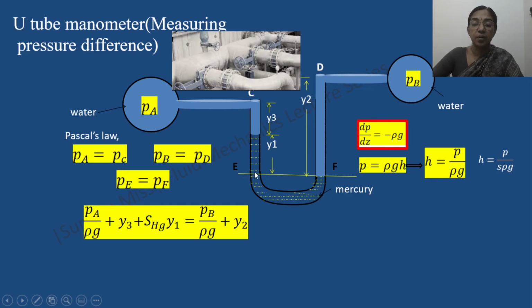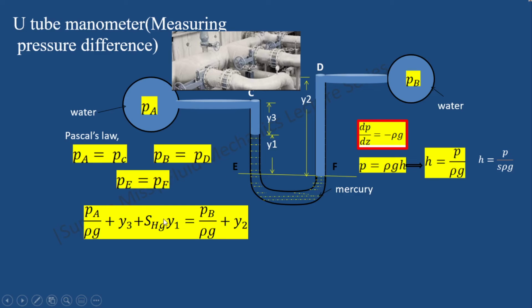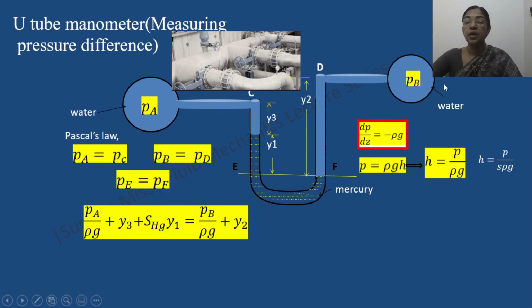Okay, we reached at this point. Multiply this Y1 into specific gravity of mercury for converting the liquid column of mercury into water column. Now from this point, when we are writing, then Pb by rho g, so this is Pb by rho g